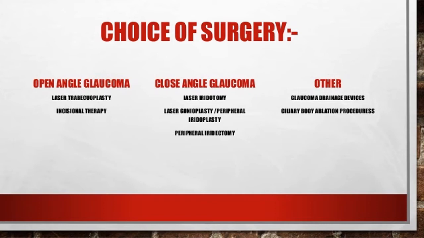You know the concept, that in open angle glaucoma, mainly the pathology is at the level of the trabecular meshwork, right? So even though the angle is open, the drainage is affected because of the closure of the pores of the trabecular meshwork. So you need to open. In closed angle, even though the meshwork is okay, the angle is closed peripherally, due to various causes. So you need to open it from externally and make an artificial or new channel for the drainage of aqueous.